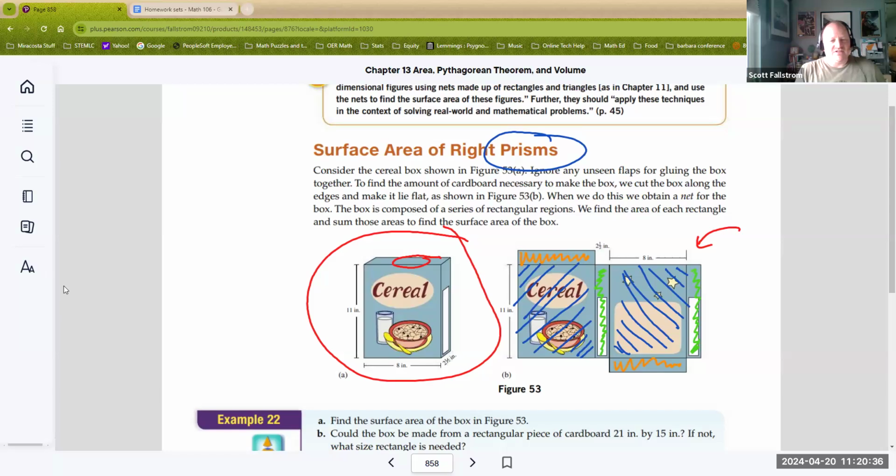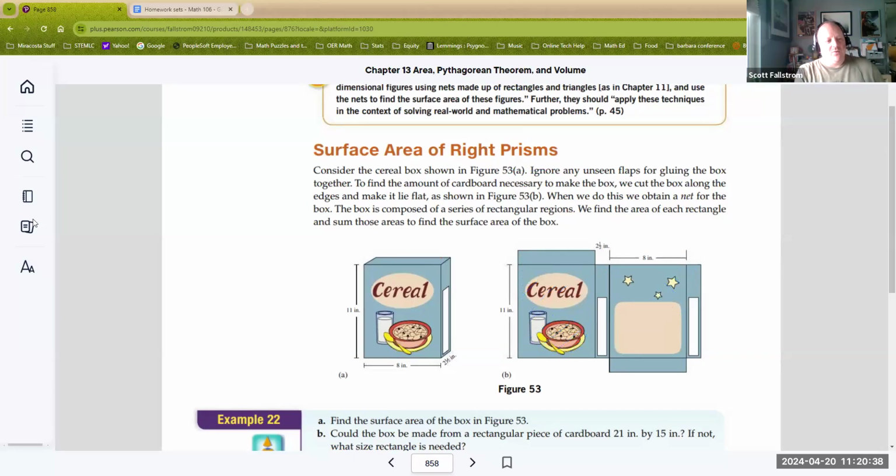So what you're going to notice is when we start looking at how would I create this? Look at the individual shapes that are made. This is just a rectangle. And guess what? It's the exact same dimensions as this rectangle. So while they give you numeric dimensions, which means you could just come over here and multiply to find the area of each of those components,